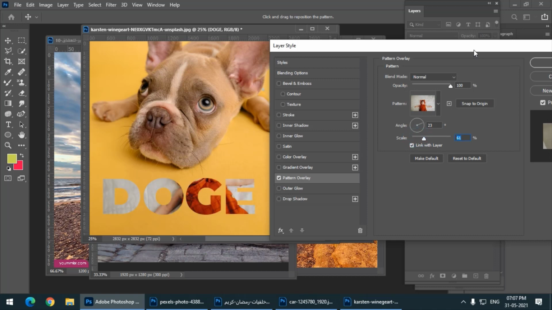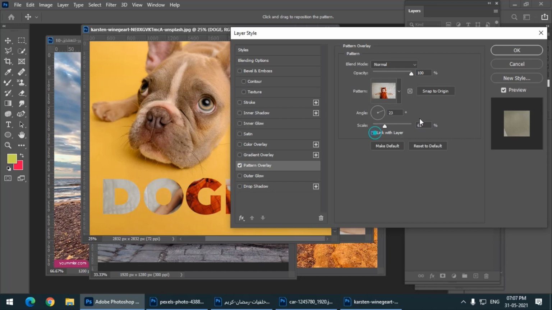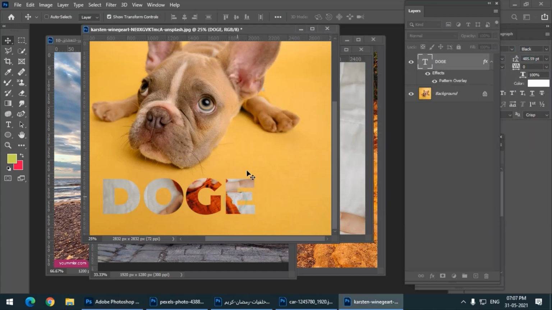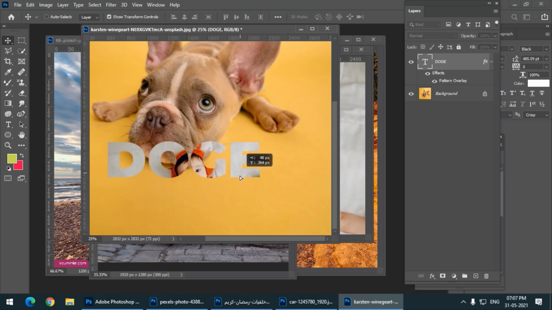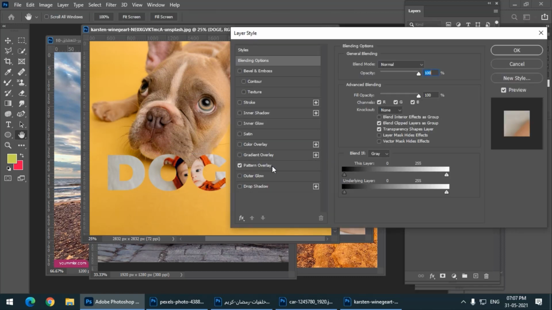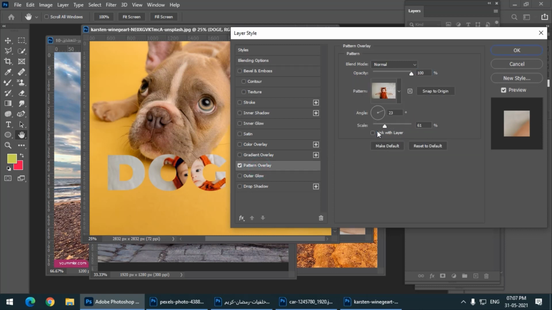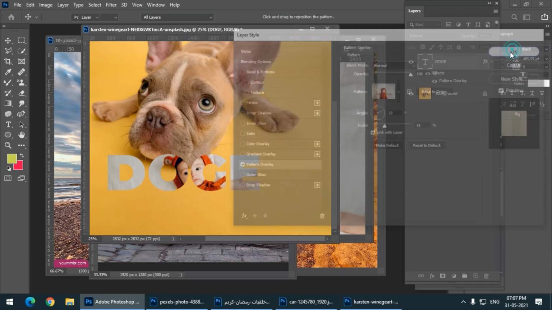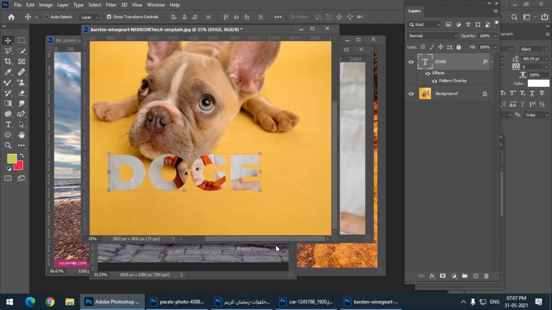As you can see, if you uncheck this option, you can simply move the text and keep the image still. So you get the point. You can create any pattern that you want and use it on any object, be it text or any shape. I hope you understood some of this,